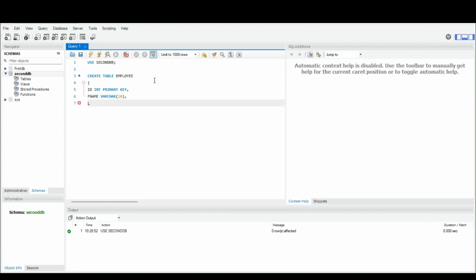Then the last name, variable character, size 10. Then his salary,